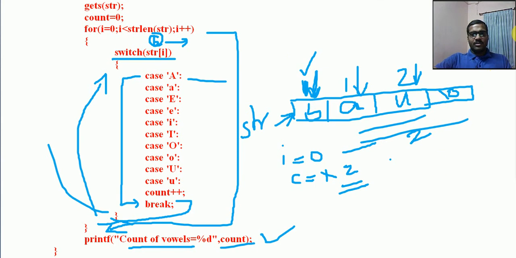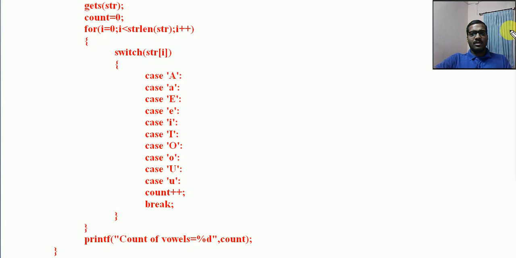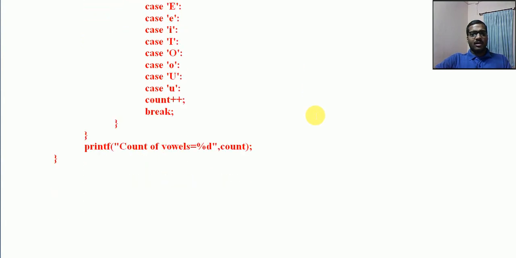These are very important problems or programs related to strings or character arrays. So that's it for now. In the next session we will see some more programs related to various string and string handling functions. Okay, thank you.